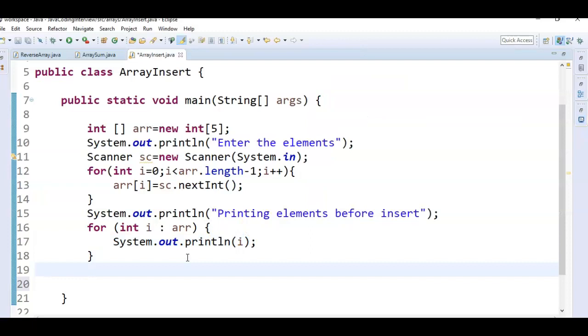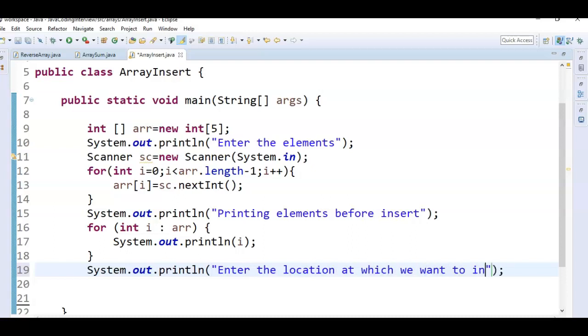Now what we are going to do is write sysout: enter the location at which we want to insert.